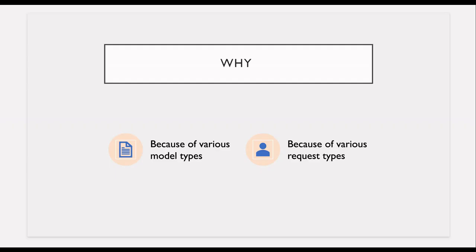Then we have the next question: why do we need it? These are the two primary reasons, as you can see on my screen. We know that AI models come in different types. Some are very good at answering questions, some are very good at reasoning, some are very good at solving math problems, whereas others are very good at general chit-chat. And there are some models which are very fast but can't provide detailed answers. These are the various types of models we have available today. Without a model router, developers would have to manually pick the right model for each particular task,